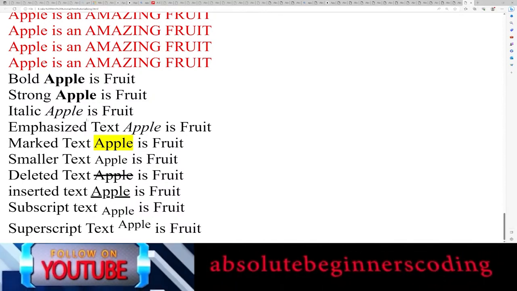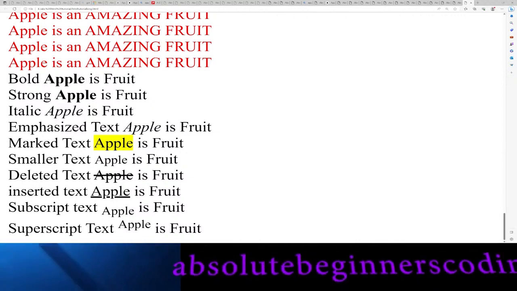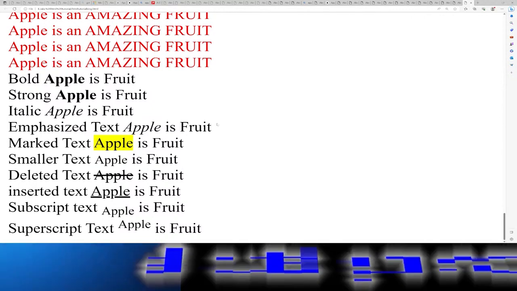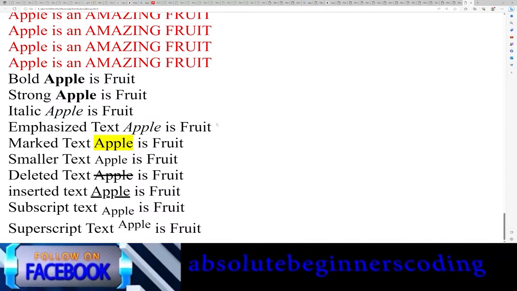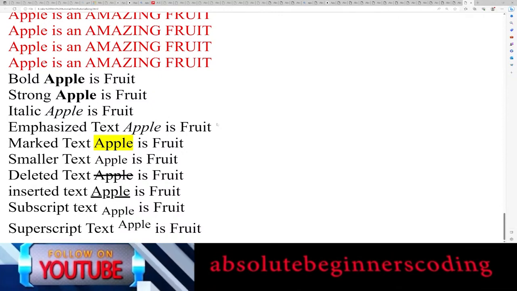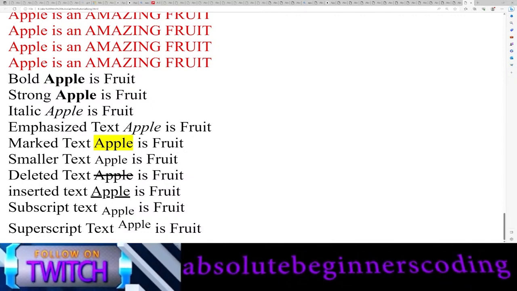And in italic you can see apple is in italic, which is slightly bending. And in emphasized text you can see apple is emphasized text. You can say that even emphasize is like an italic version, but italic is more like bending. Emphasize is a little bit bending, not like italic, but you couldn't see it in the HTML format. But italic or emphasized, you can use either for